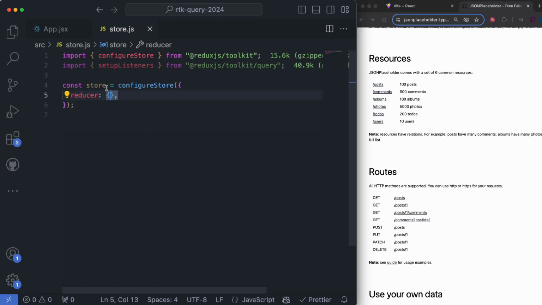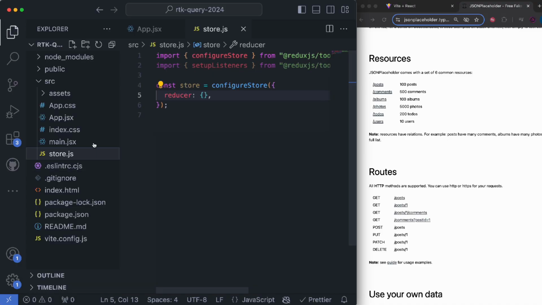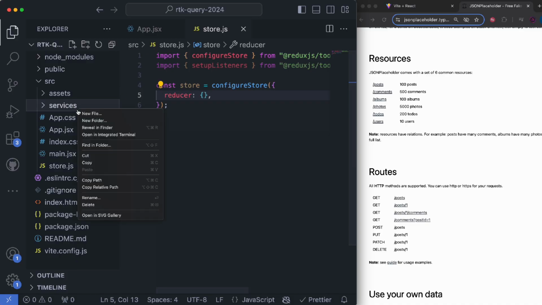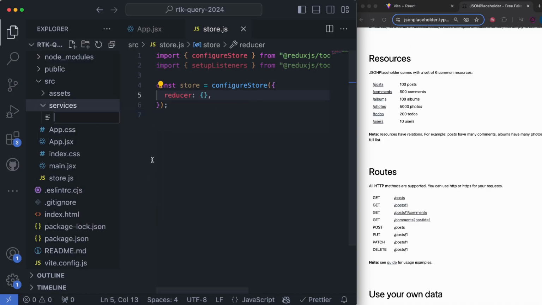Now, what are we going to pass inside of here? Well, how Redux Toolkit specifically recommends it is, whenever we have our APIs, the different APIs we're going to be fetching data from, we create a specific API representative for it inside of a services folder. And then inside of here, since we are using the JSON Placeholder API, I'm going to create a file called